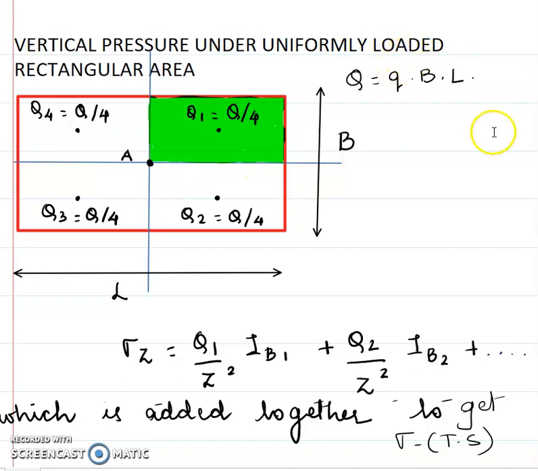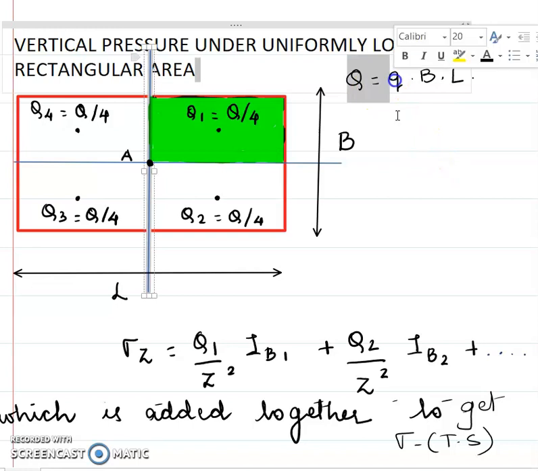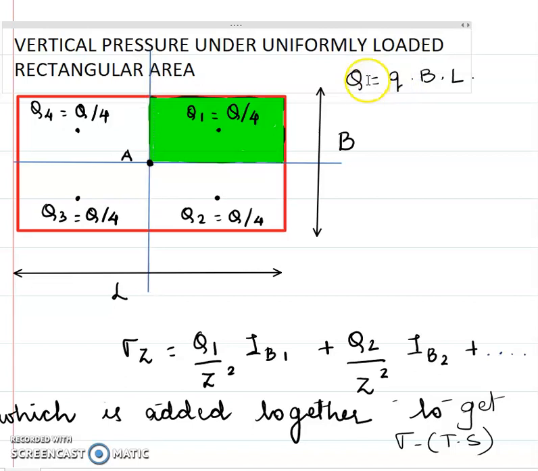So how do you convert UDL into point load? UDL is nothing but the load intensity, right? Which we just discussed. We will designate load intensity by small q and point loads by capital Q. So we are trying to convert this small q to capital Q. How do we do it? We multiply it by the width and length of the area. So Newton per meter square or kilonewton per meter square, when you multiply by area, it will directly be either kilonewton or Newton based on the units of the load intensity. Right? So we got this.